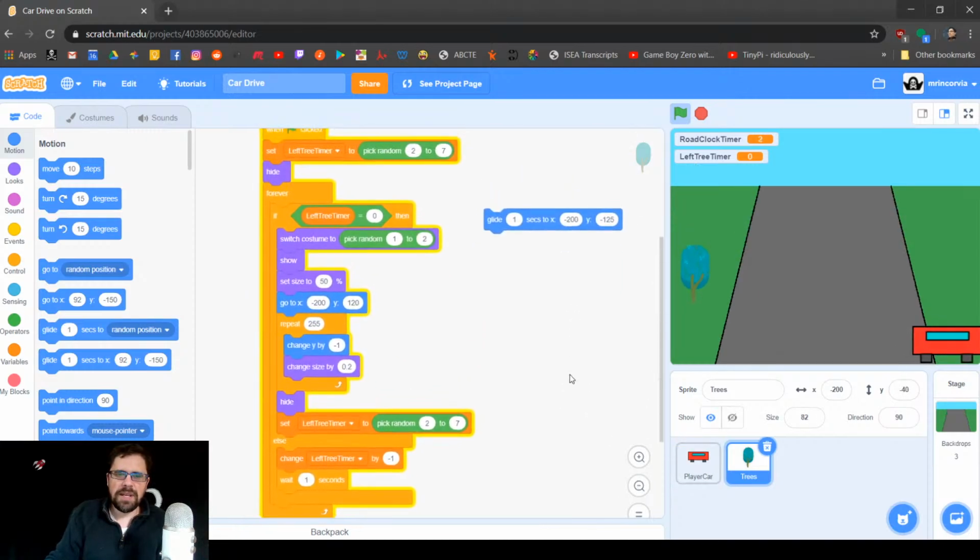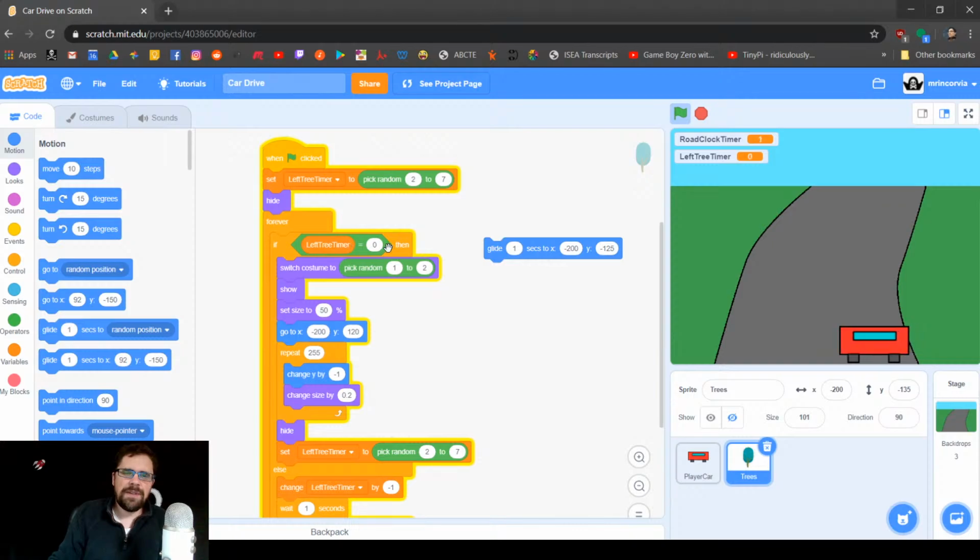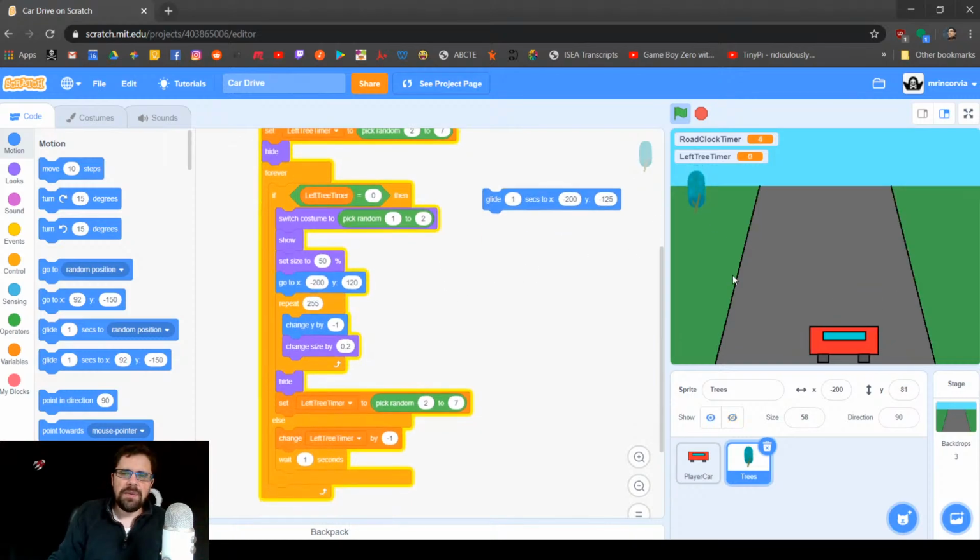It's a lot more complicated, but basically the same thing happens. For the tree, you set a timer and count down the timer. If it is 0, then you pick a random costume for the tree and you start it up here. And it starts at 50% size. And what we want to do is